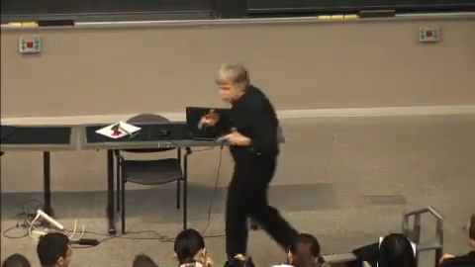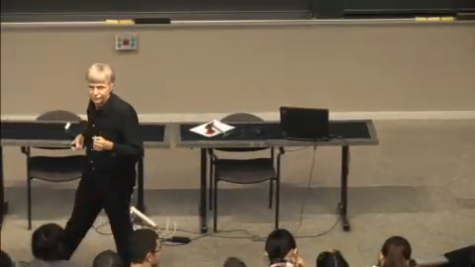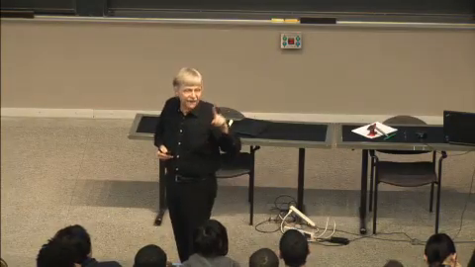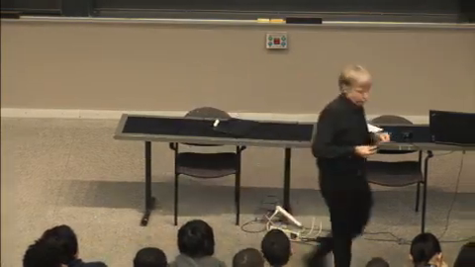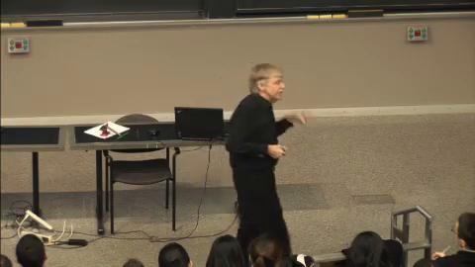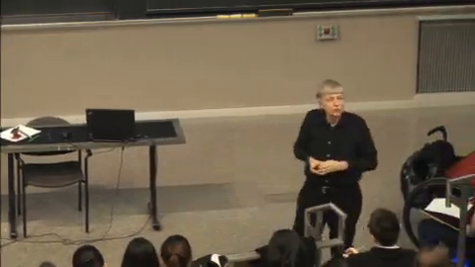So what I just did is a trivial example: I used a difference equation to represent a system, and I figured out the output signal from the input signal. That's the representation for discrete time systems that we refer to as difference equations. Difference equations are very powerful. As we will see, of all the representations we look at, difference equations are the most compact. But there are features of other kinds of representations that are also valuable.